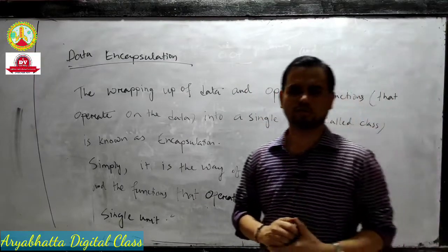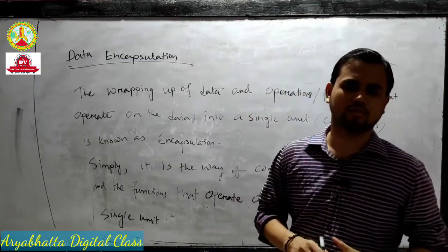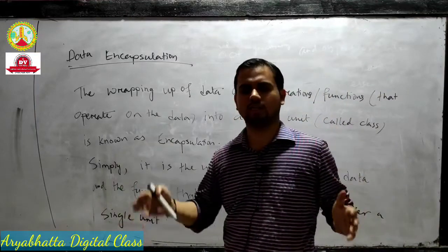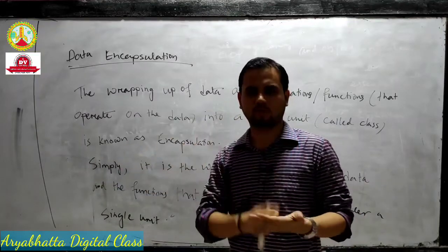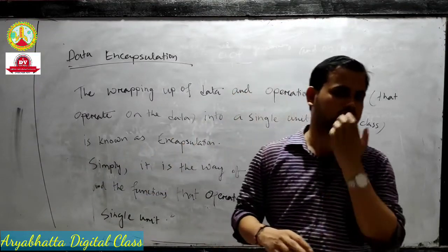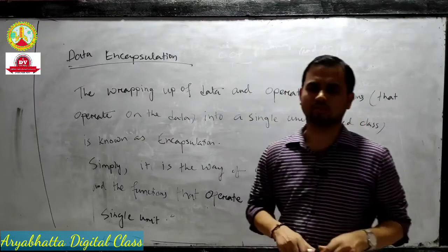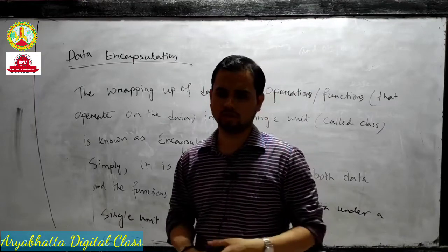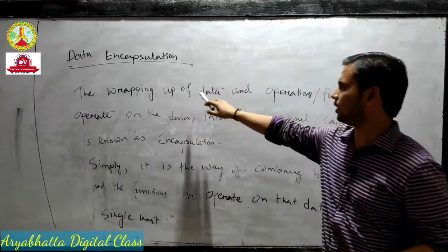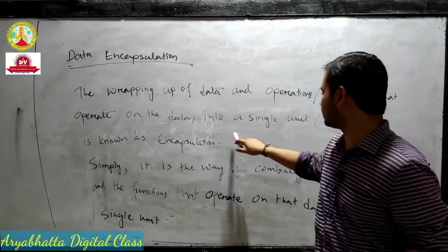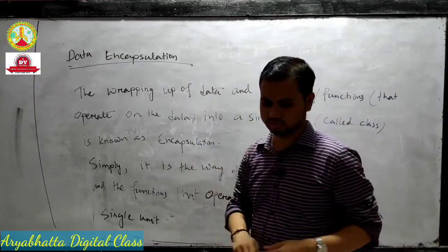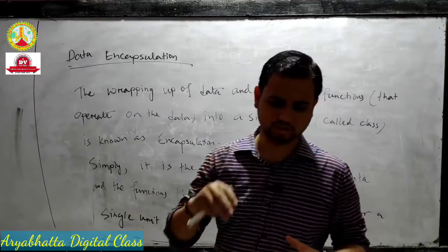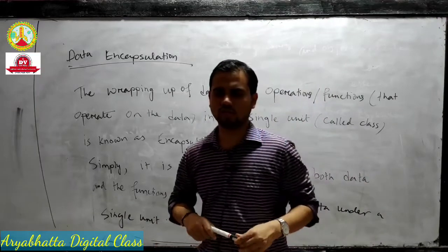Accessibility mode, I hope you understood earlier: access modes are private, protected, and public. When we define something public, it is accessible outside of the class, and when it is private or protected, it will not be directly accessed outside. It has some rule or precaution, and this is the concept of wrapping up of data and operations in a single unit, known as encapsulation. It is for the safety of data. Safety means it is protected; you do not directly access it.